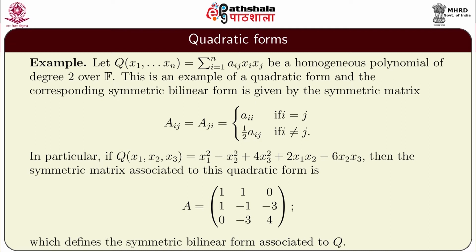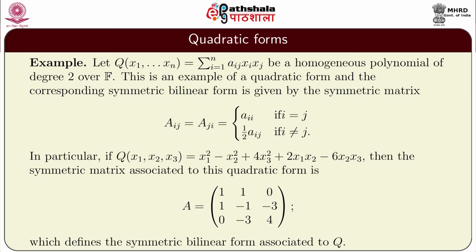If you look at the 1, 2 position, that is the first row second column position of the matrix, you see the number 1 over there, which is half of the coefficient of that monomial x1 x2. Similarly, if you look at the 2, 3 position in the matrix, that means second row third column, you see the number -3, which is half of the coefficient of the monomial x2 x3,